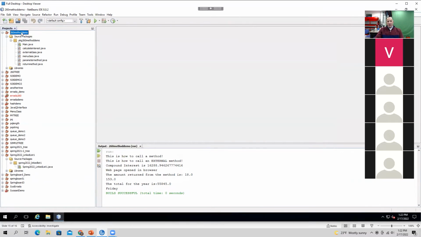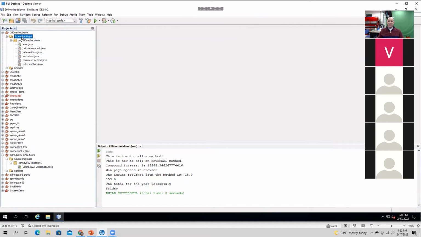So we deal with projects in Java. We deal with packages in Java. Packages are little subsections of the project. Okay, if I wanted to create a very simple program, which we do here just to demonstrate how to send data back and forth between classes and methods and things like that, we just really need one package. But if I was building a bigger project where I have 3 or 4 different departments, like purchasing and warehousing and finance and accounting, then I need different packages to separate the accounting classes, the finance classes, so you can create different packages.